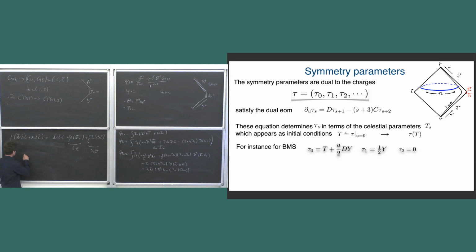But what is the symmetry? The symmetry of a spin S, as a vector field, looks like something of the form, so let's say T0 is du, T1 is dz, and T2 is d squared du minus 1. So you can continue. In some sense, Ts is going to be du minus, let's say, ts plus 1, something like that.